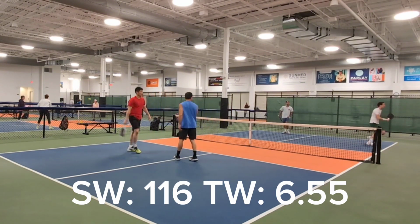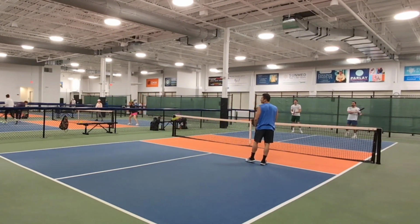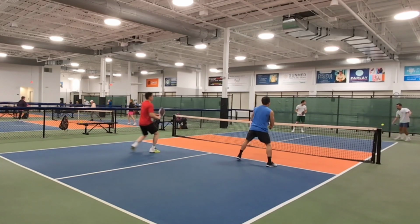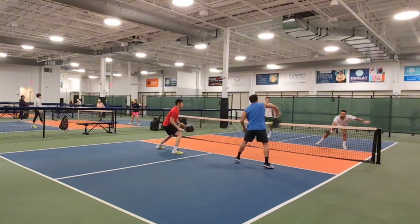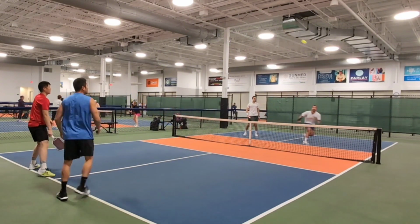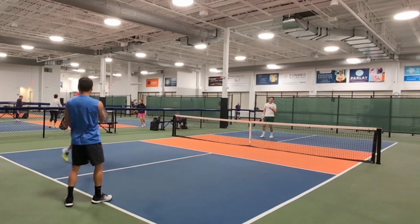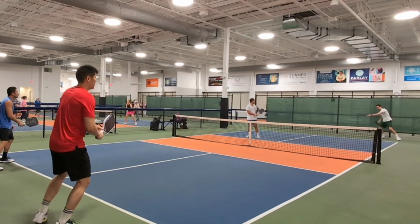The swing weight seemed consistent with other hybrid paddles I've tried, so there's nothing interesting to note there. As for the twist weight, it was comparable to the other hybrid paddles that do have tapers in the corner, like the 6-0 paddles, Bread and Butter Loco, and the Sword and Shield J2, which are on the higher end for hybrid paddles. For the construction, the Kinetic is thermoformed, so similar to other Gen 2 paddles, it's encased in